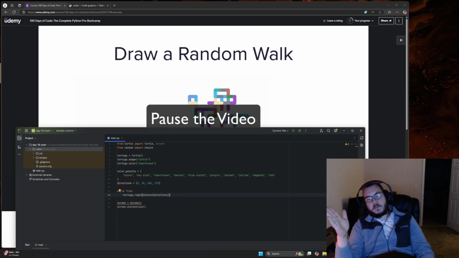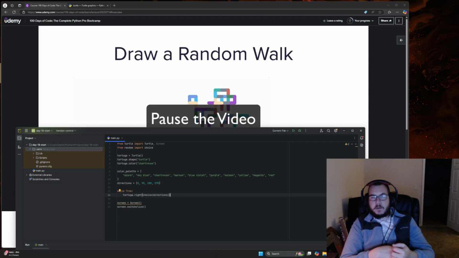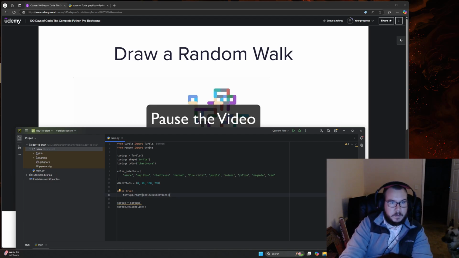So it'll choose a random amount to turn right. And then